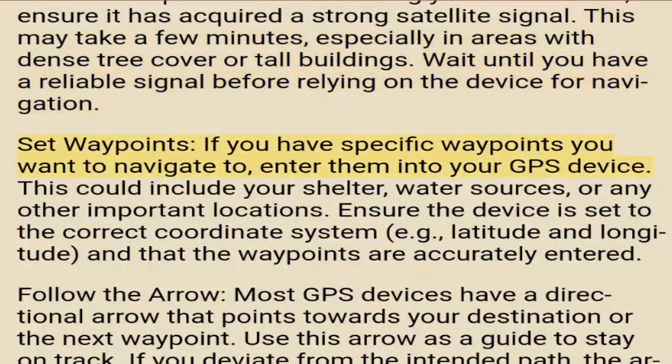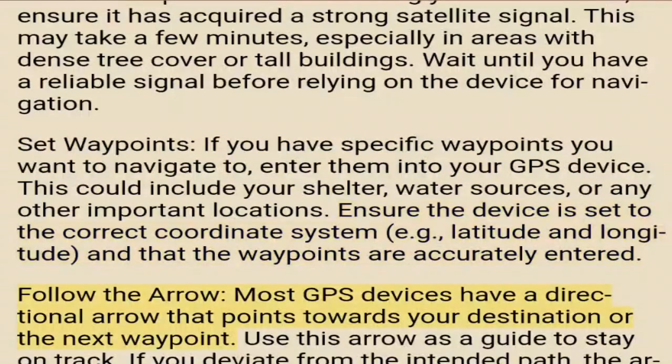Set waypoints. If you have specific waypoints you want to navigate to, enter them into your GPS device. This could include your shelter, water sources, or any other important locations. Ensure the device is set to the correct coordinate system, e.g., latitude and longitude, and that the waypoints are accurately